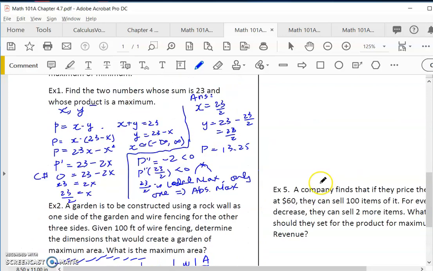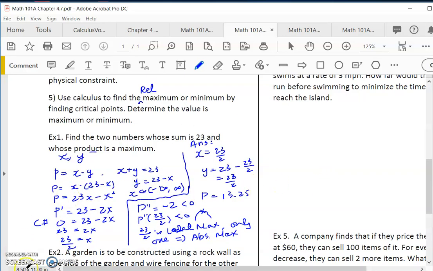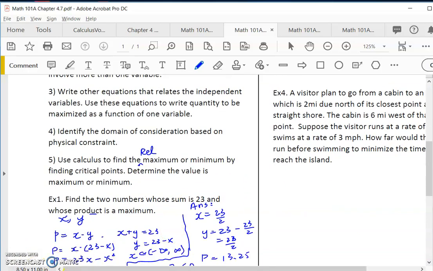Okay. Do we have enough time for the second? Oh, yeah. Okay. So maybe I'll do the third example in